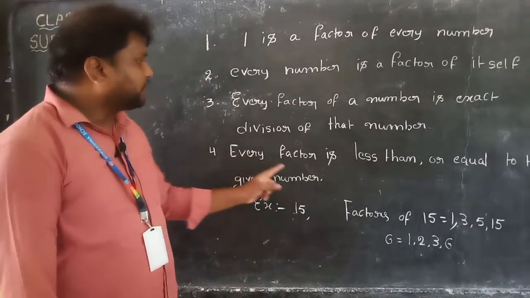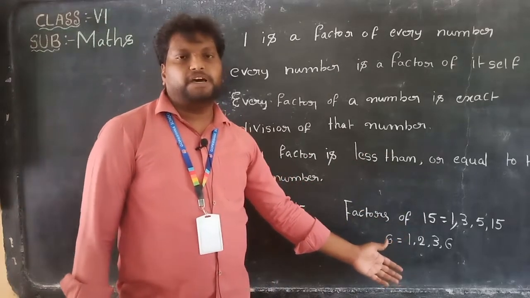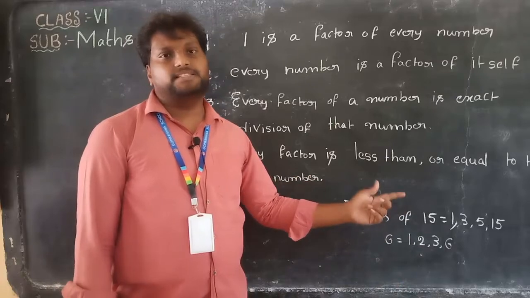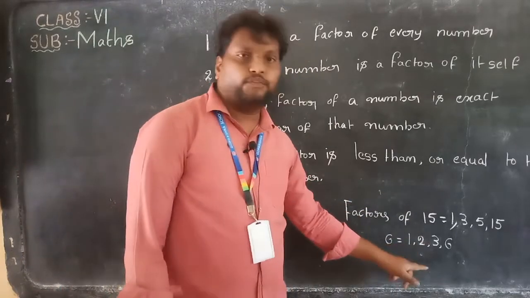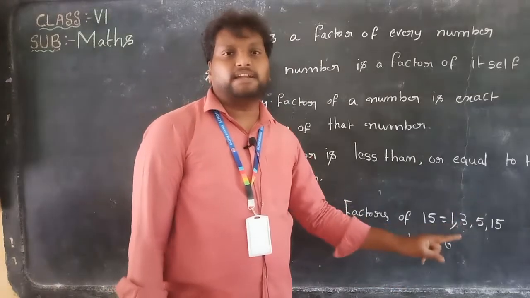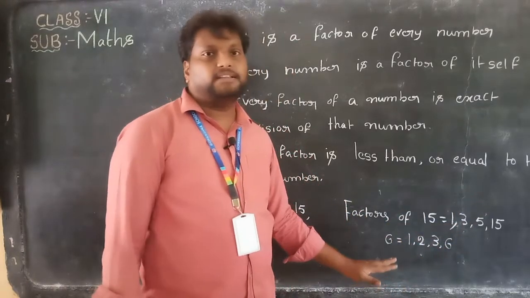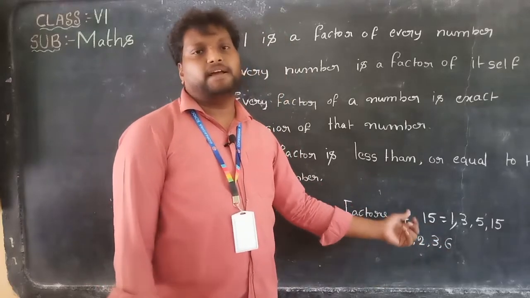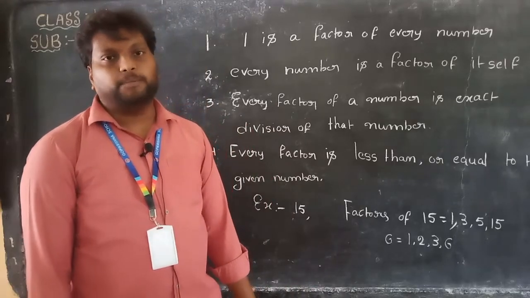That's why every factor is less than or equal to the given number. We have so many factors of a number; each and every factor is less than or equal to it. A factor greater than the number will not come. That is wrong. Each and every factor will be less, and only one factor is equal. What is that one factor? Itself. Whichever number we are taking, that number will come last and is equal; all remaining factors will be less. Okay, next class we will continue with some more points about multiples.